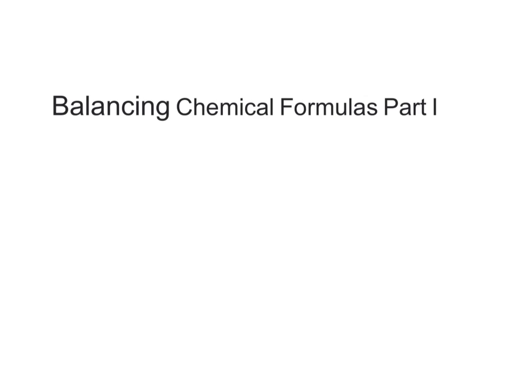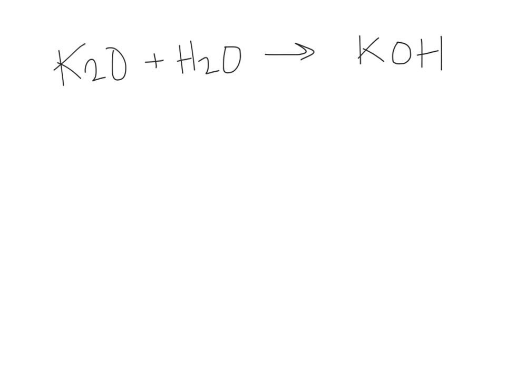This video guide will cover the first page of your balancing formula equations packet. Okay, in number one, we have potassium oxide combining with water to yield potassium hydroxide. So the first thing I would do is complete an atom inventory. I would divide this up, and over here on the reactants, notice here